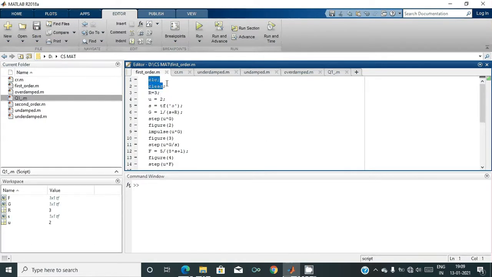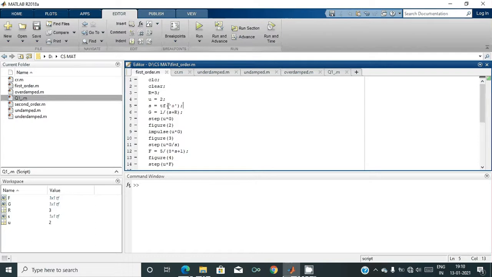The first two commands are just for clearing the command window and workspace. After that, I have created a variable r equal to 3, then u, another variable, and I have done this one for simulating the transfer function in MATLAB. We will use this TF function. This is one of the functions we use most in this whole video, so you should get to know about it.